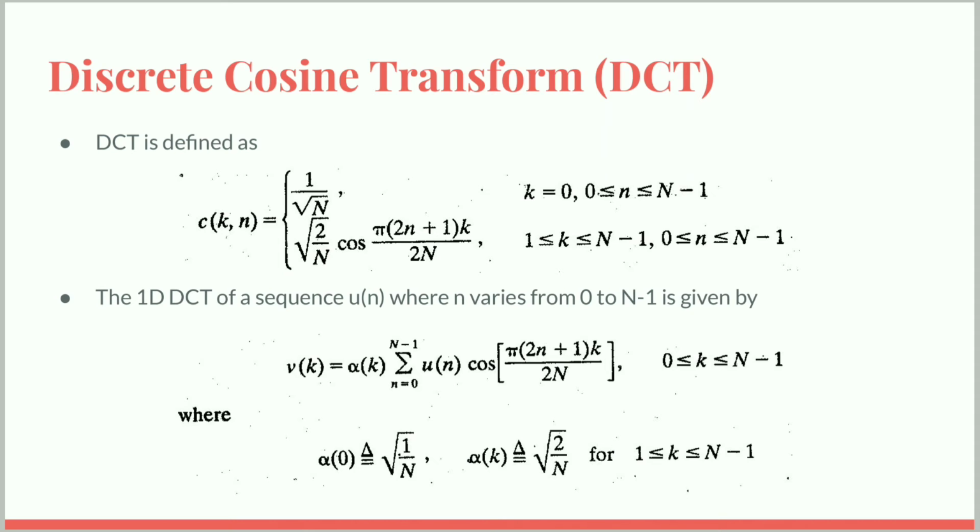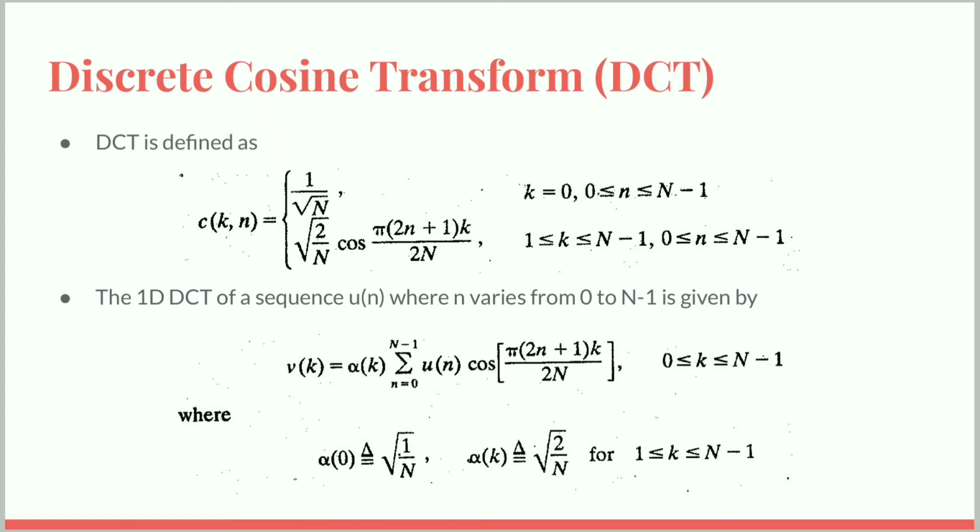Discrete cosine transform is defined as shown in the equation here. C of k,n is what is used to represent the discrete cosine transform of an image. It has a value of 1 by root n if the value of k is 0 and the value of n lies between 0 and n minus 1. It has a value of root of 2 by n cos pi of (2n plus 1) into k by 2n, if the value of k lies between 1 and n minus 1 and the value of n lies between 0